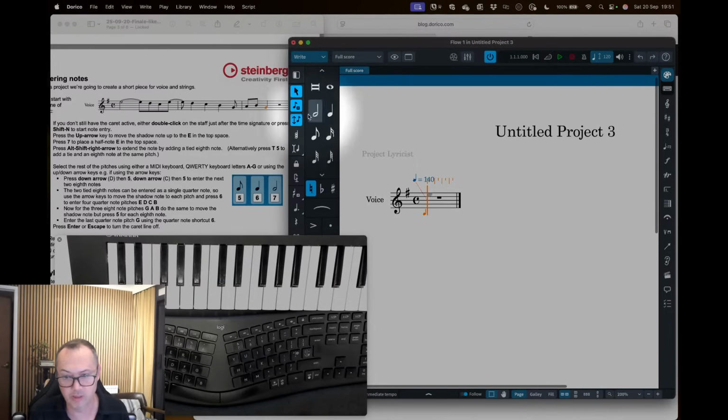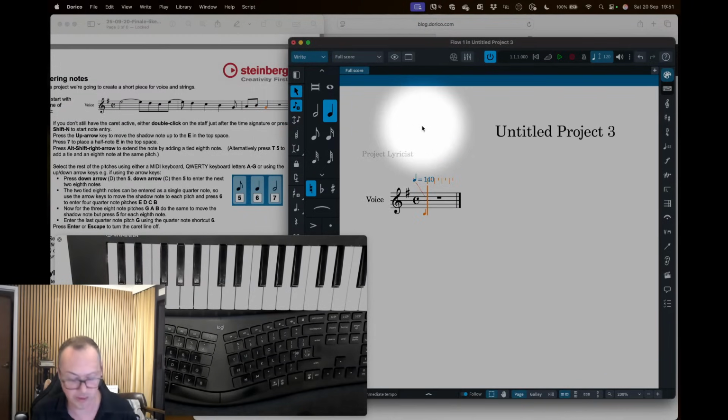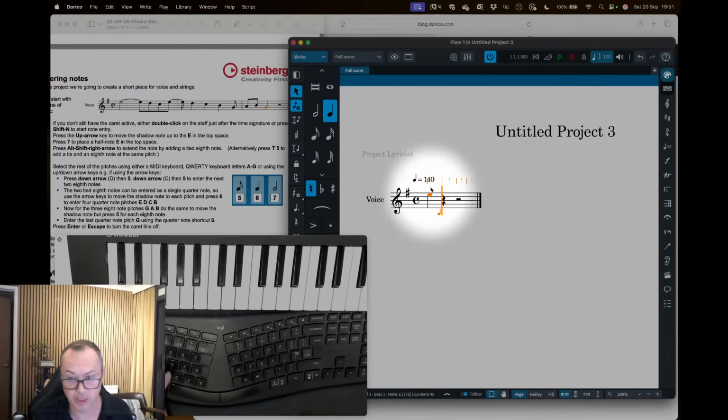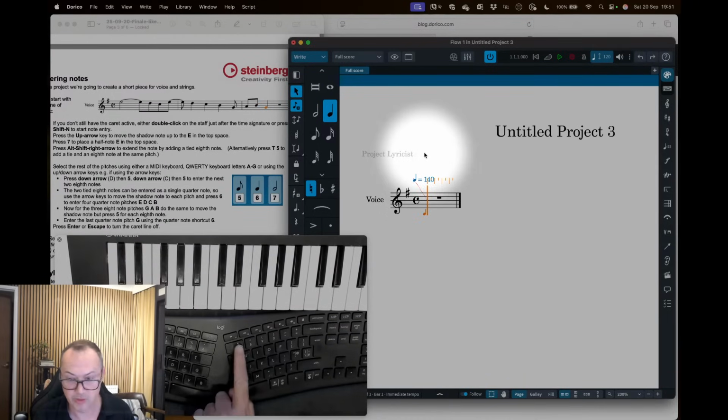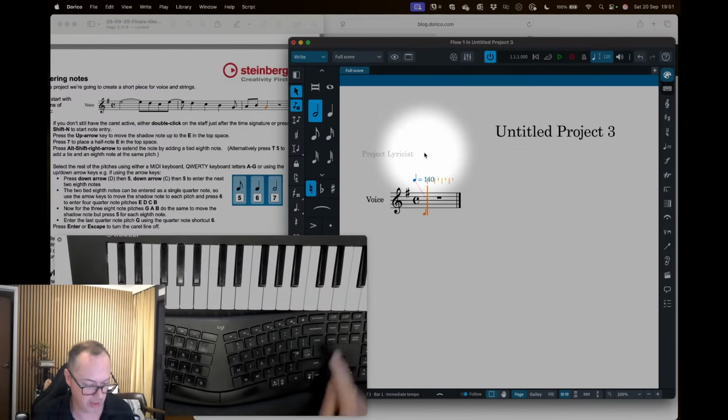Then what you might be doing is, if you're not using the pitch before duration option, then the way I would normally do this is that you would choose the note that you want, the duration that you want, and then you enter the pitch. So in this particular case, I want to choose 7 first, and then I can choose the E that I want, and then I can use the option which is Option Shift and the right arrow to extend that note